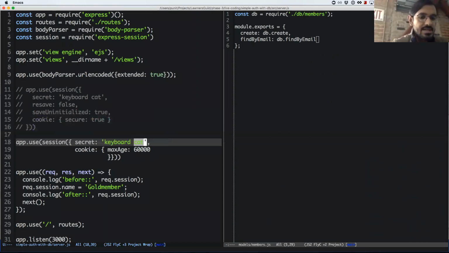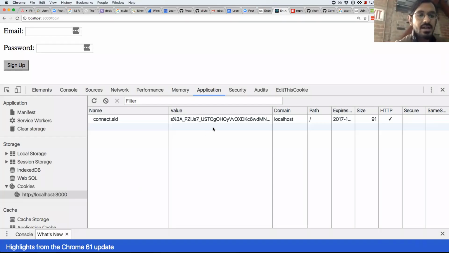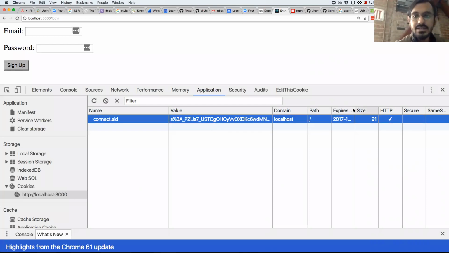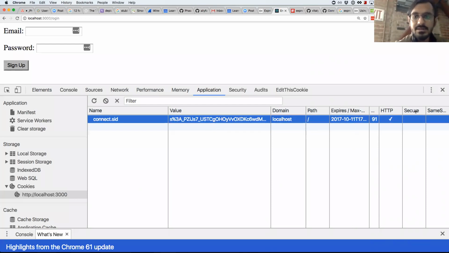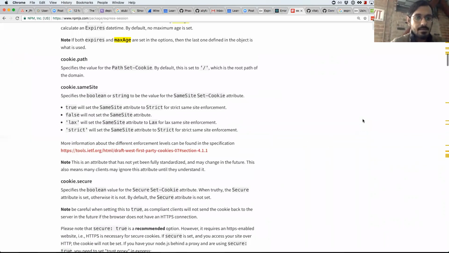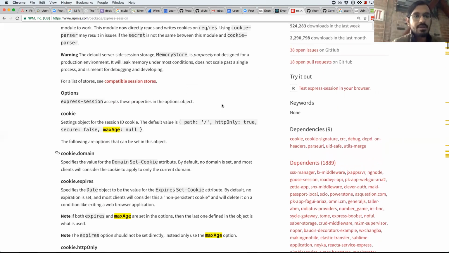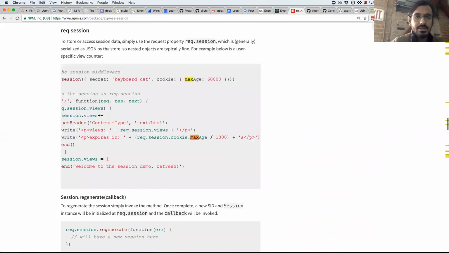Yeah, so we essentially have a way to set the session, modify the session, and the session persists for as long as it's valid for. Right, so this expires sometime in the future. So if you don't set the max age, does that mean it just expires immediately? Is that what was happening? Well, he also has secure true. Yeah, I also had secure true, so that was the problem. Okay, so max age by default